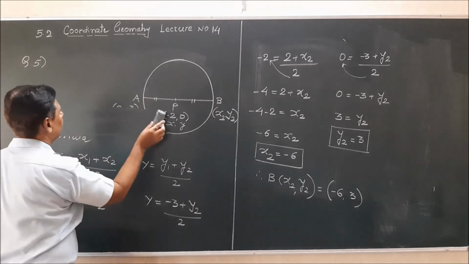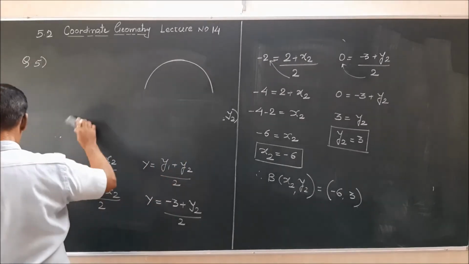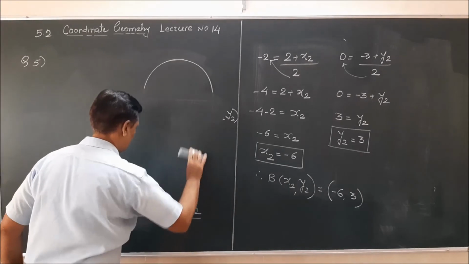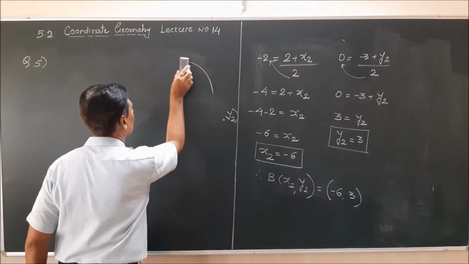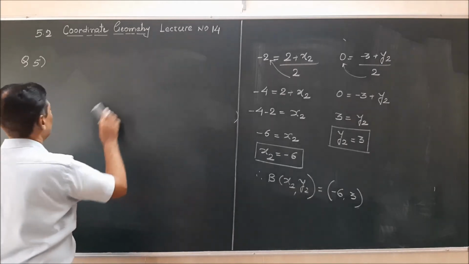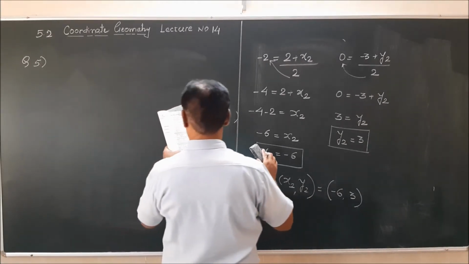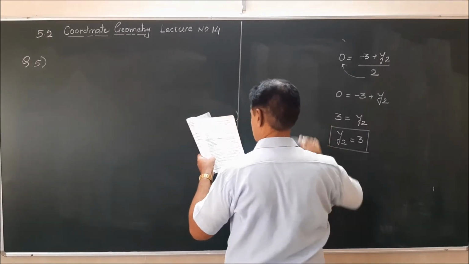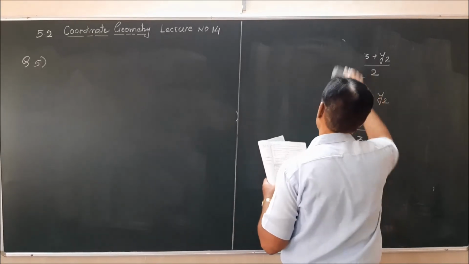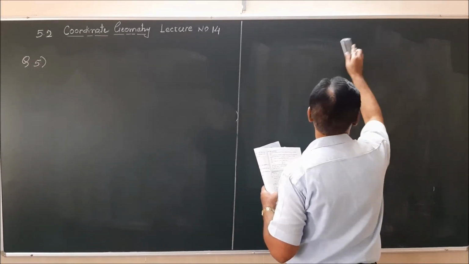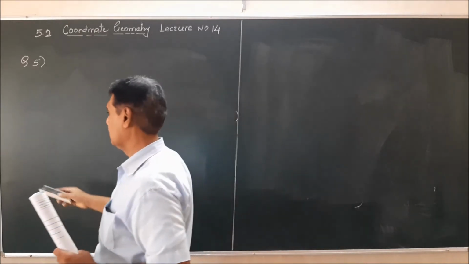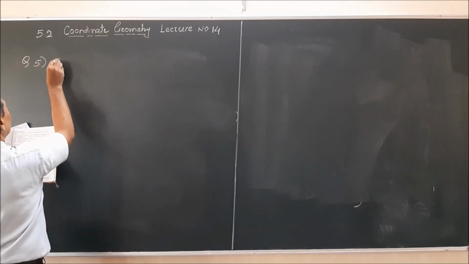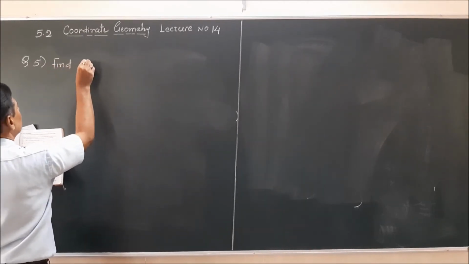In question number 5, they have given us: find the ratio in which point P, k comma 7,